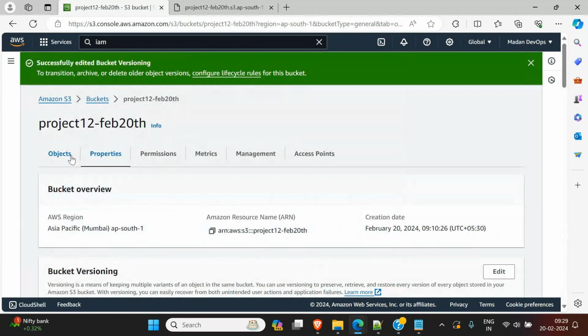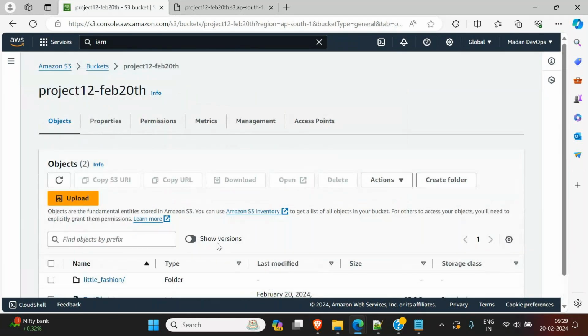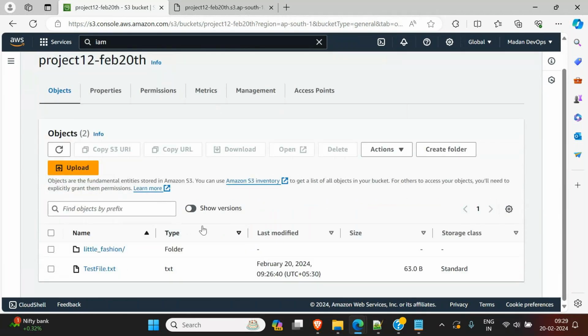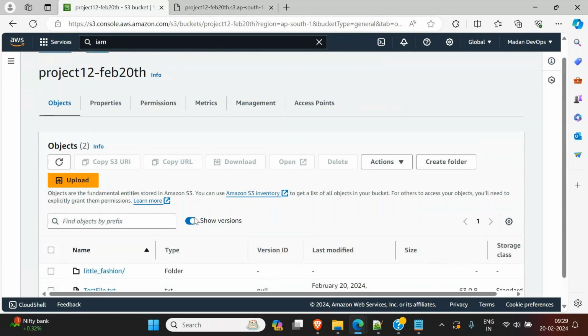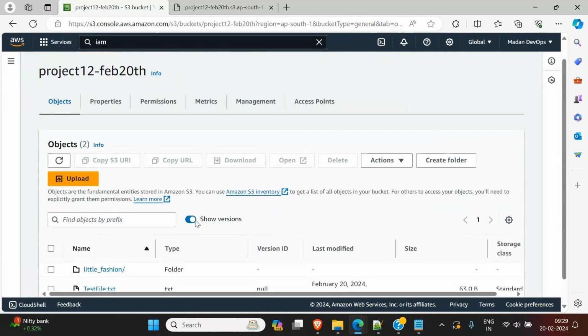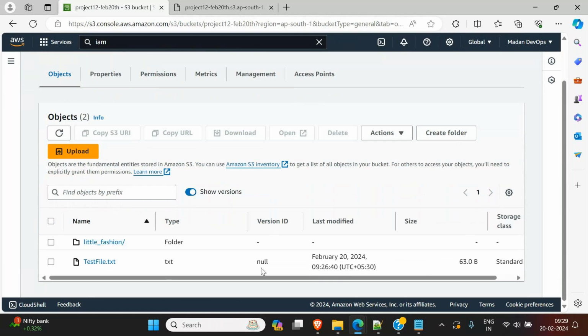Now you see we get a new tab here. Previously it was not there. Now we got a new tab called show versions. It's a toggle. We call it the toggle button. When you click on it on the right side, it changes color to blue, and here you see the version ID. For the text file, it is showing null